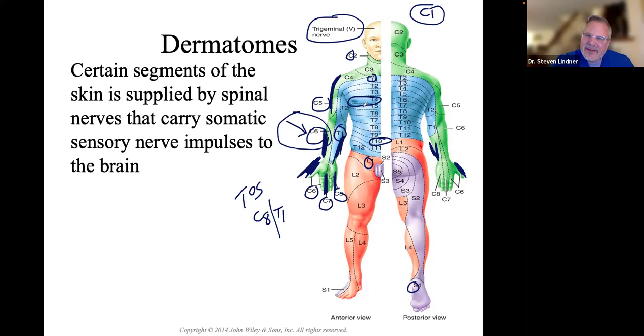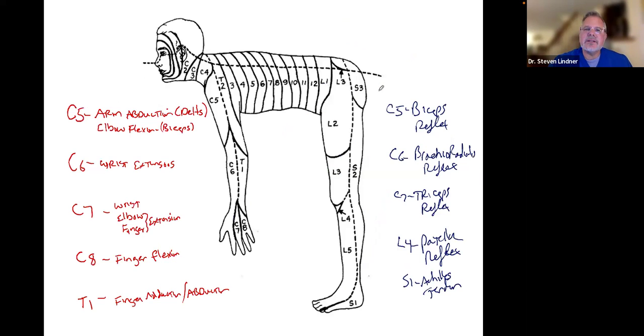And you'll be like, these numbers don't make any sense. Like, what's the order to this? And you're right, from this position, it doesn't make sense. But in quadruped, if you're on all fours, then it makes sense, right? You could see C2, C3, C4, C5, C6, C7, C8, T1, 2, 3, 4, right? Then it makes sense in this position. Now, what I drew on here for you was showing not only the dermatomes,